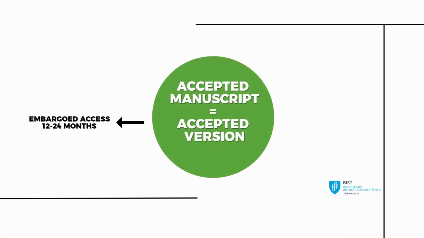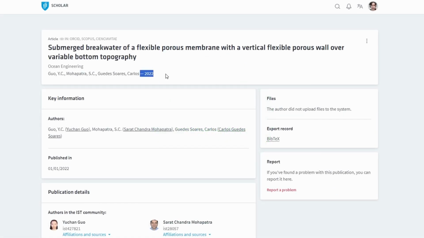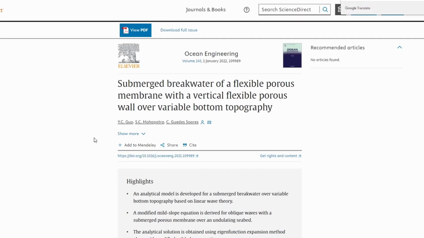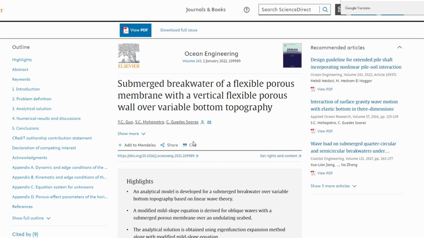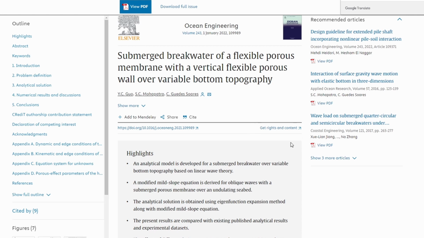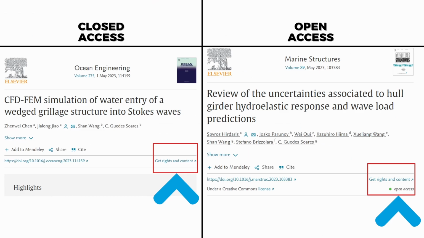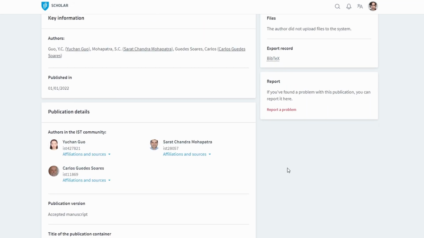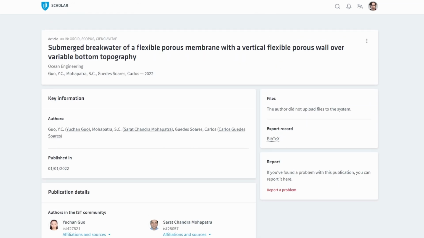A second situation is a document that may not be in open access at the publisher. Let's check, and we are here with the document published in 2022. And we will search through the Digital Object Identifier for the document at its origin. As we can see, this document is not in open access, because when it is in open access, it appears here. In the case of Elsevier, this indication is made through a little green ball. Therefore, this means that this article cannot be added in its published version in the repository. So what should one do? Publishers allow the accepted version to be added in the institutional repositories.